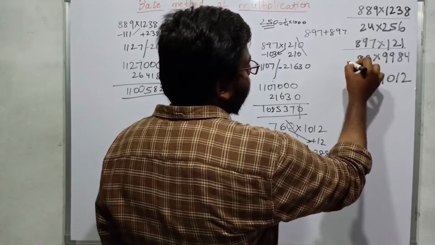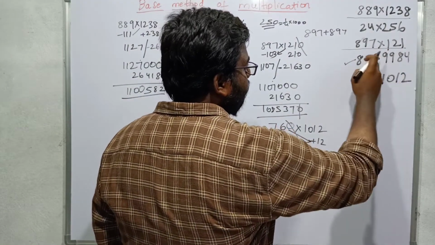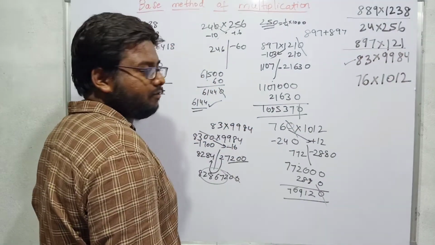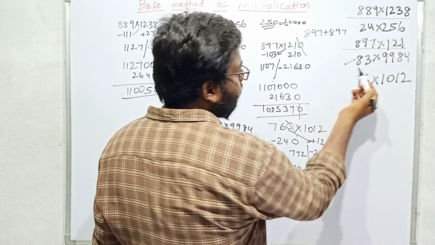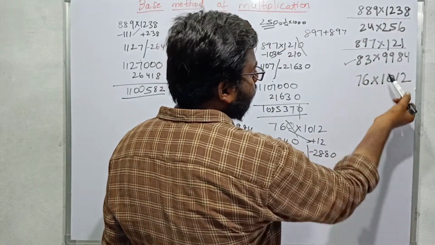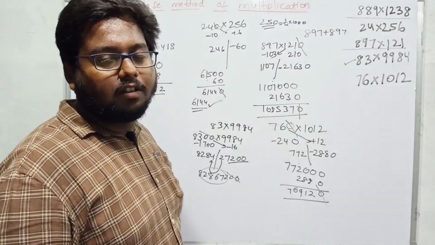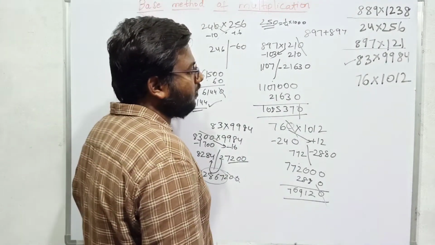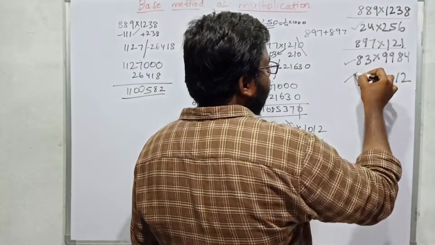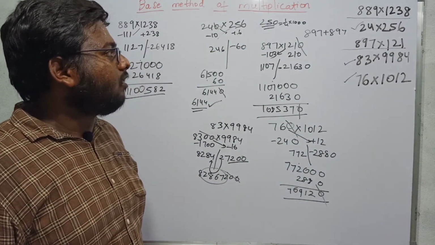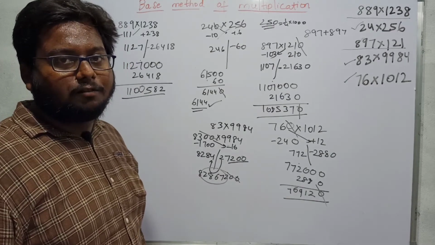And this also, I can multiply this whole thing with 3, and I can multiply this whole thing with 8 very easily. Otherwise I can multiply this as 10,000 minus 16 into 83. I can multiply 16 into 83 very speedily, and with the subtraction we will get the answer very fast. And for these two, if you watch my third video, you can calculate this without touching the pen also.